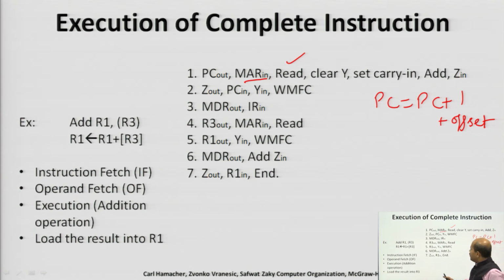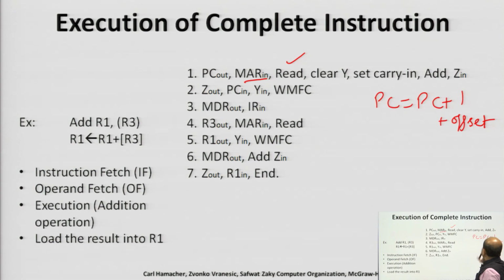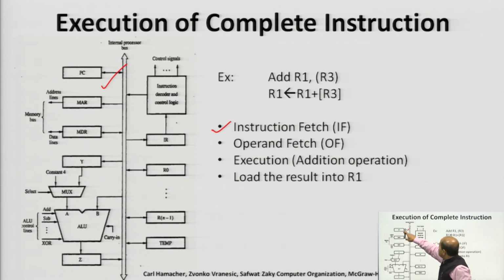As we know, in this case one operand will be transferred through a bus into the ALU, and another operand can be transferred through the Y register. So, we have to perform PC equals PC plus 1. Once PC out is enabled, the data of PC is available at input B. Once the PC out gate is opened, this data is available through the bus to the input of this ALU.